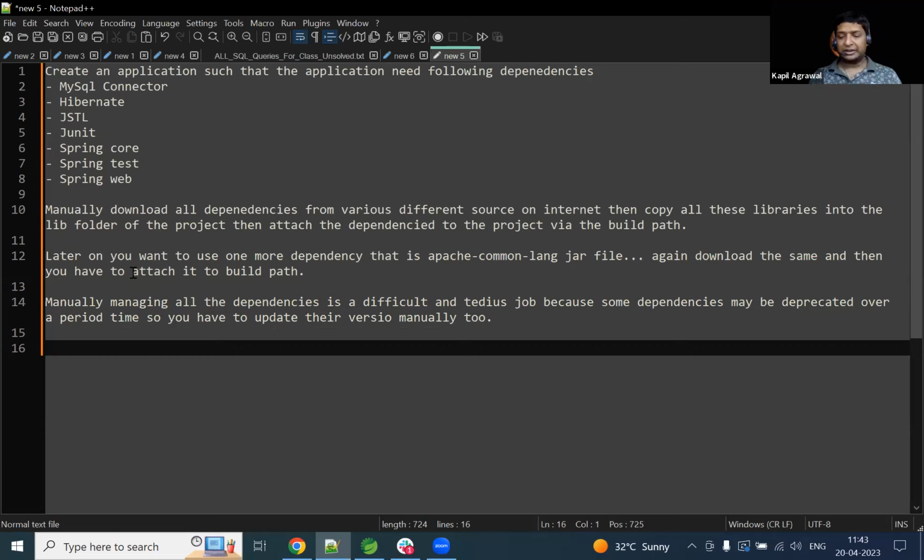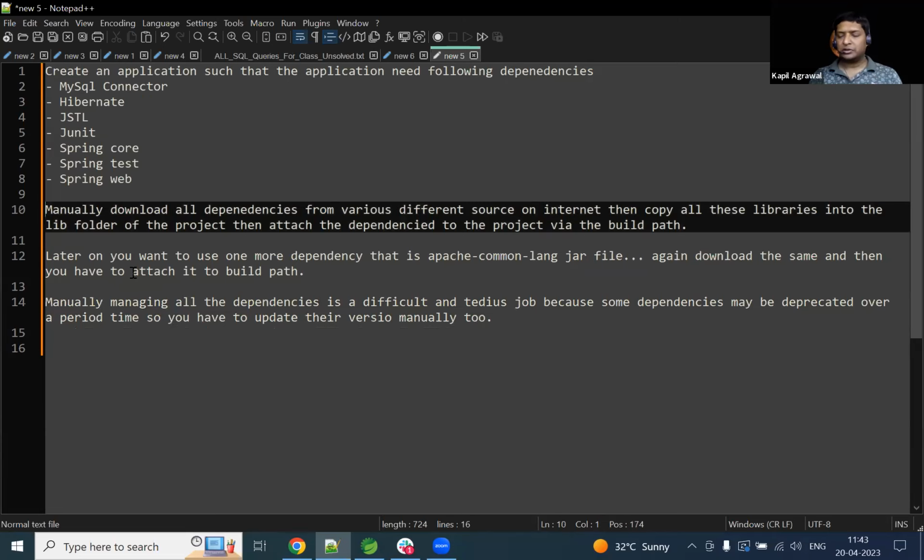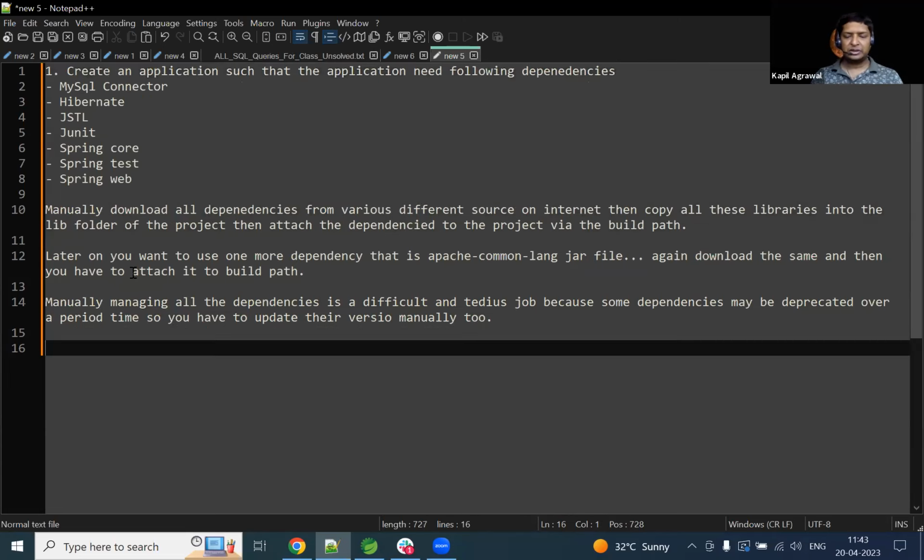Now let me talk about the second case. The second thing that you are not very much familiar with is all about writing the test cases. First of all, what is a test case? Just try to understand. Whenever you are writing an application, right now, what is our approach to test the